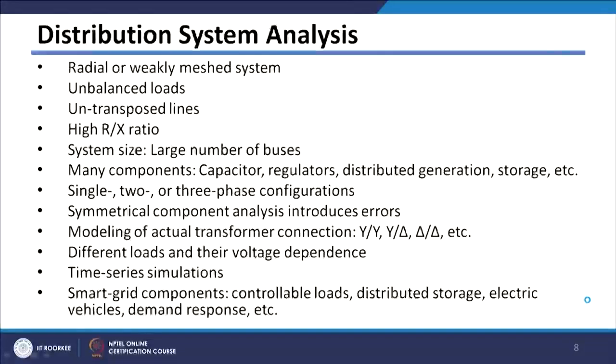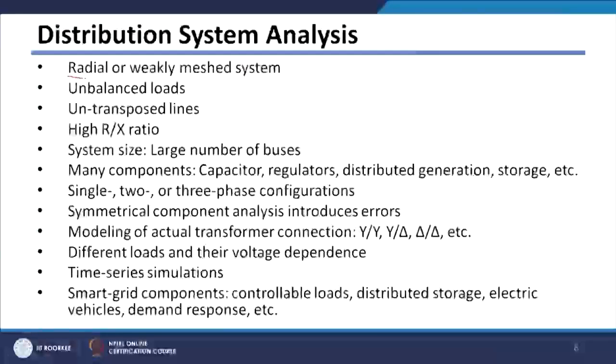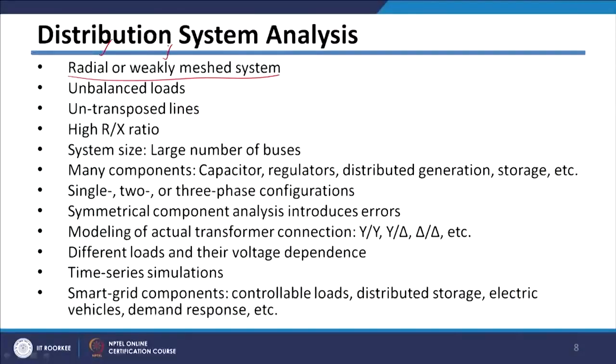Unlike this, if you go for distribution system analysis, the distribution system network, as we discussed, is radial or weakly meshed kind of network. Because of this structure, we can find some algorithms which are simpler in nature than transmission algorithms and specifically designed for radial or weakly meshed systems. However, in case of distribution system, your loads are totally unbalanced, your lines are untransposed,